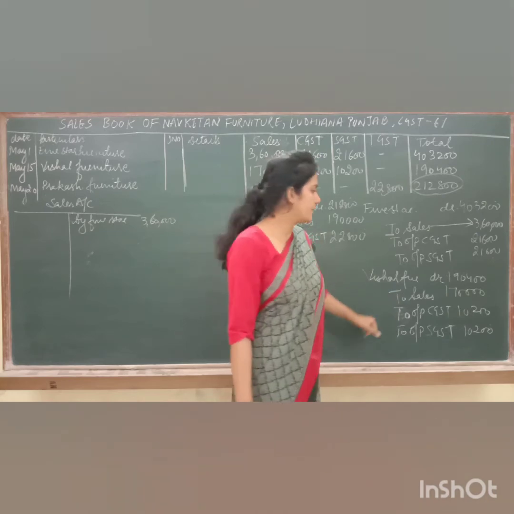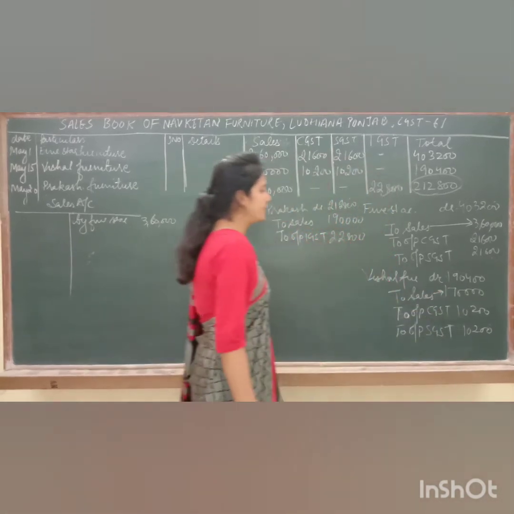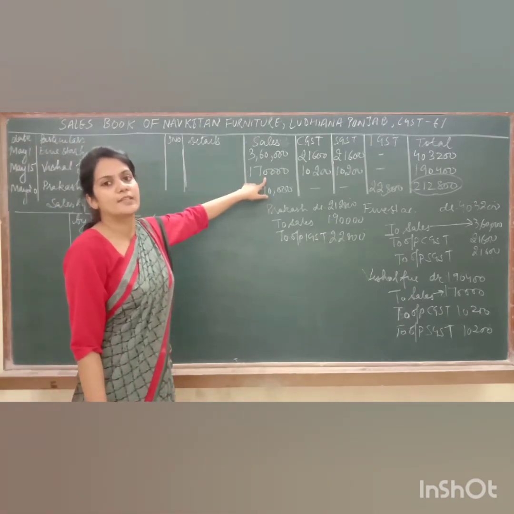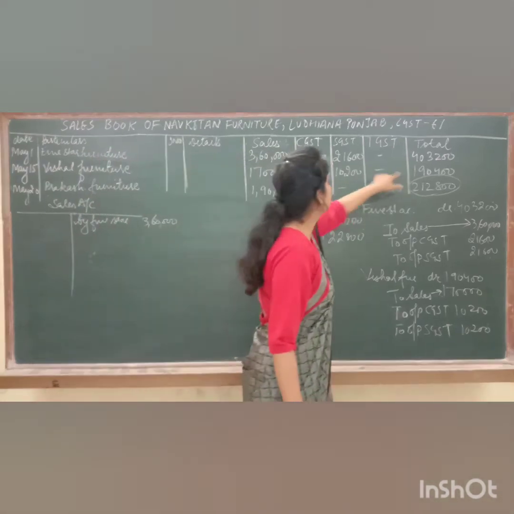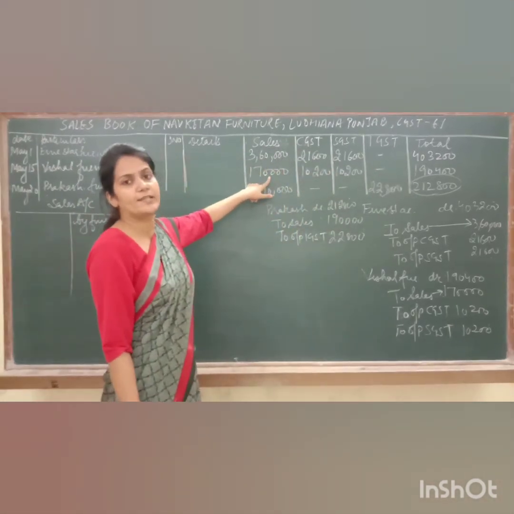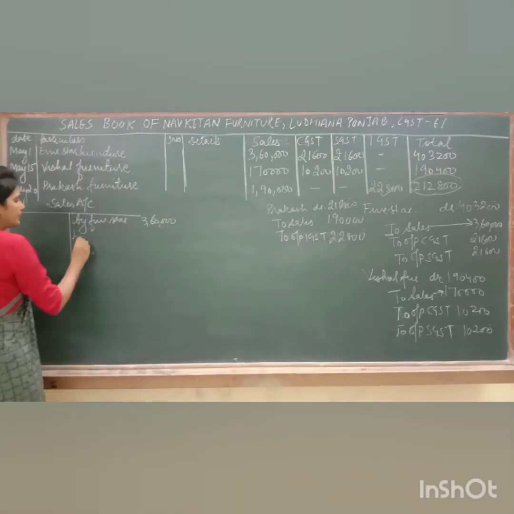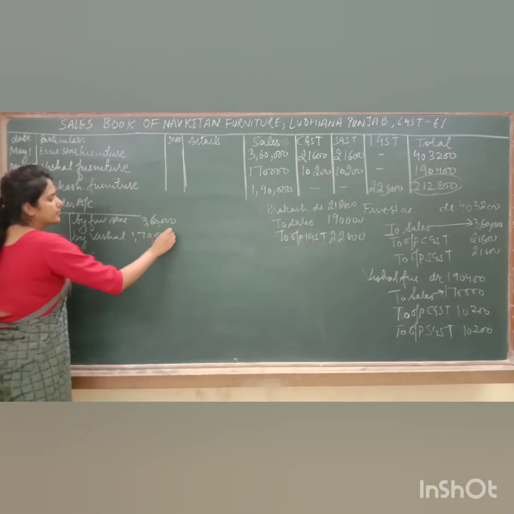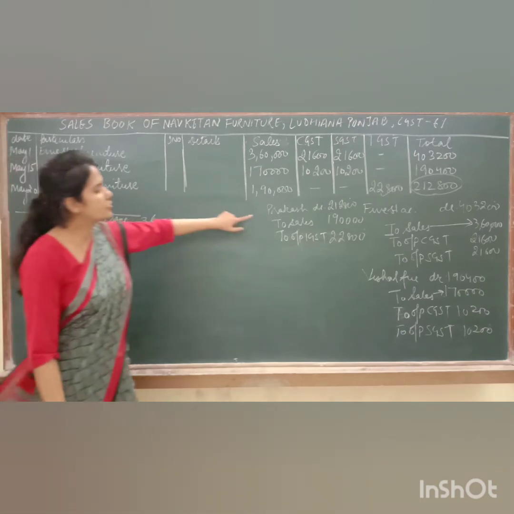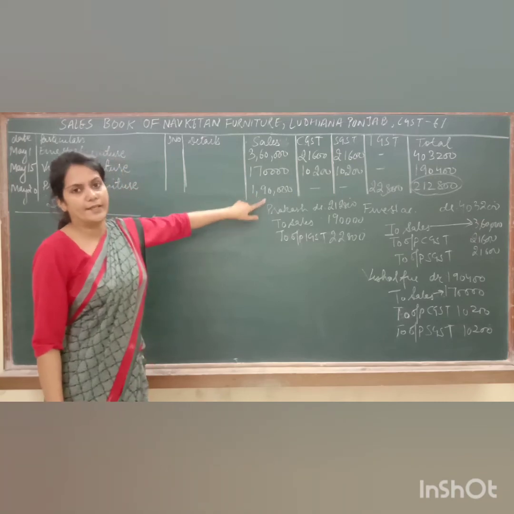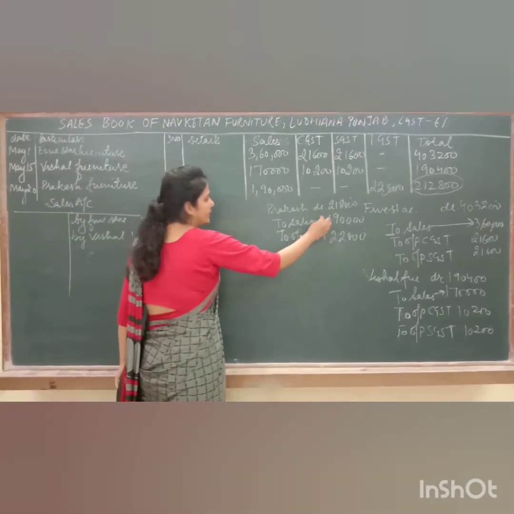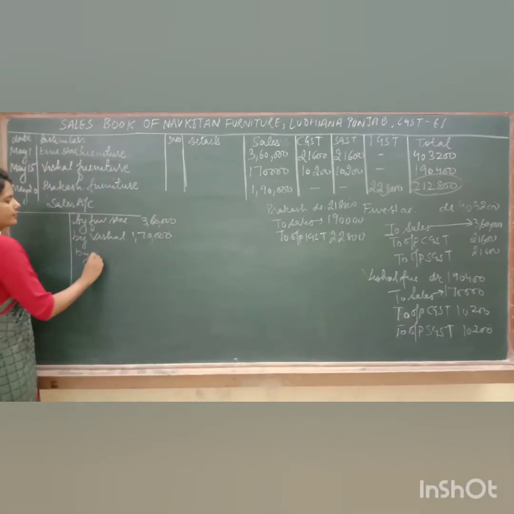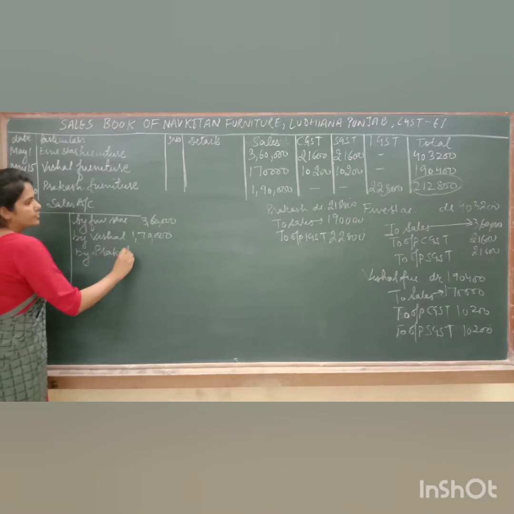Then Vishal Furniture debited to sales. Again, sales has been credited by rupees 1,70,000. You can see we have sold goods to Vishal and Company worth rupees 1,70,000. This amount is coming after taxes, but the actual value of the goods is 1,70,000. So you are going to write here by Vishal 1,70,000. Then again we are selling goods to Prakash. Value is 1,90,000. The sales account has been credited in this entry, so the entry will be on the credit side. We are using the word by right here, by Prakash.